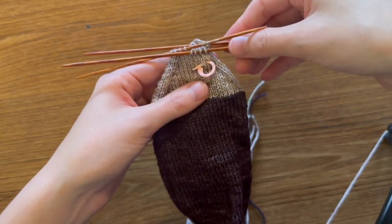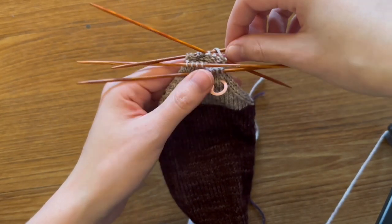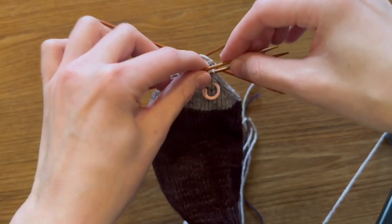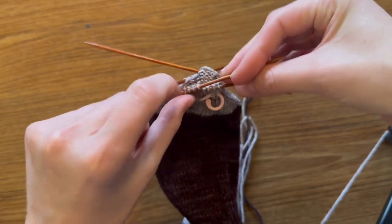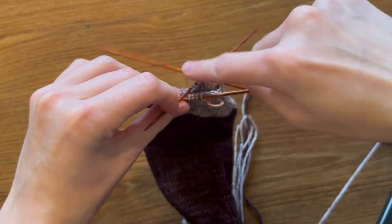This is the sock before we start to do anything with it. As we can see, we were working in the round. We're down to the number of stitches we want before we start to do the Kitchener stitch. And then the first thing we want to do is just combine the needles together. So we just want two needles. So we're going to combine the needles for the top of the sock and the needles for the bottom of